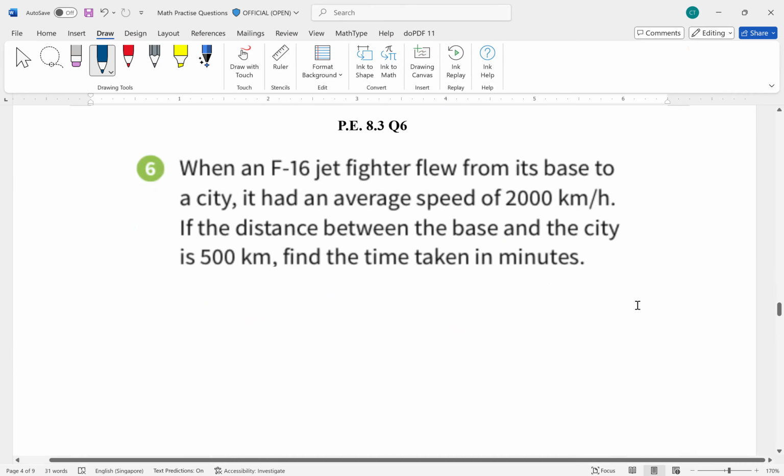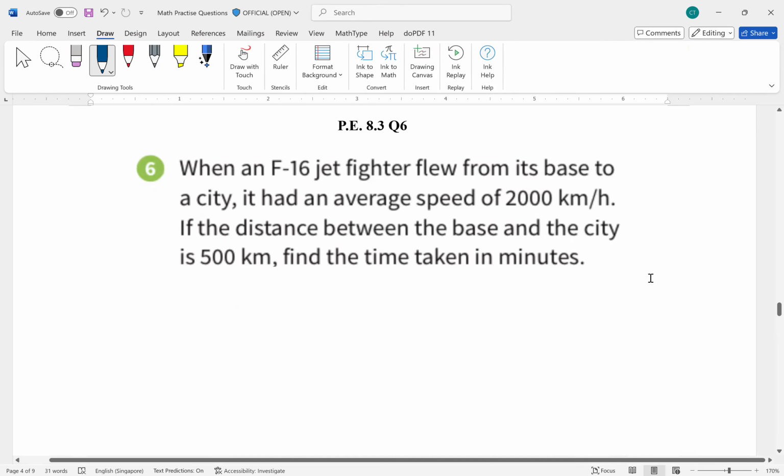Right, let's take a look at one last question regarding speed. Okay, so this comes from practice exercise 8.3, question 6. When an F-16 jet fighter flew from its base to a city at an average speed of 2000 kilometers per hour, if the distance between the base and the city is 500 kilometers, find the time taken in